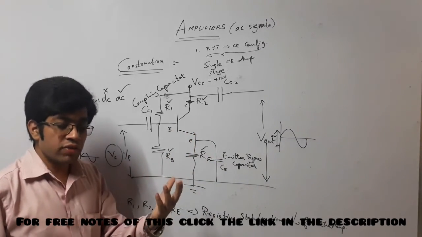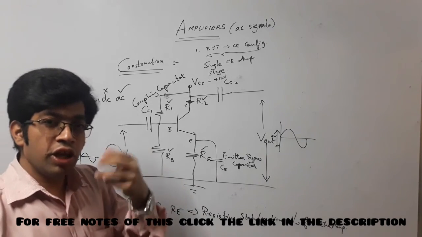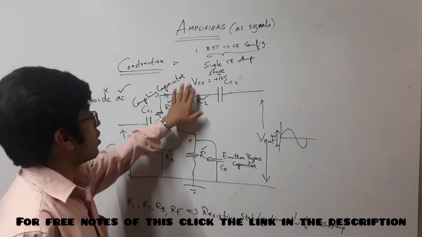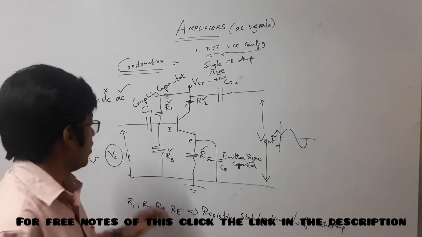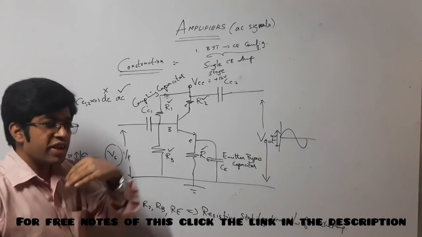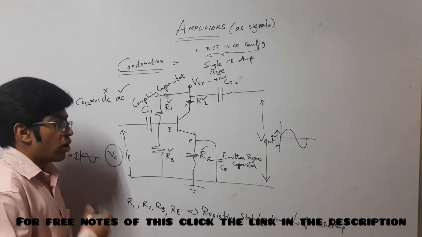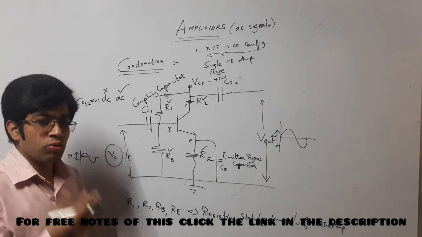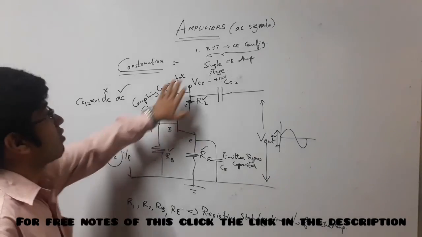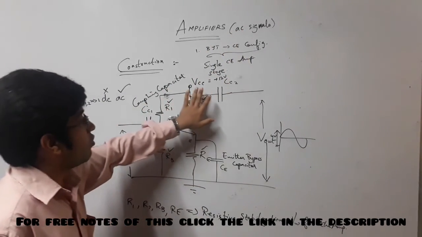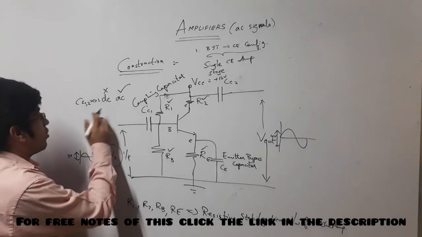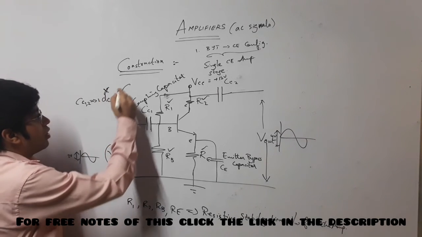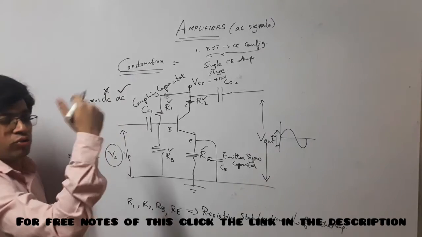In a similar way, we can say that what we eat to gain energy is our VCC, and what I am speaking to you while delivering the lecture is our VS. So this gets amplified. Whatever signal I am speaking to you, in a similar way the amplifier works on the AC signal. So don't get confused between VCC and VS. These coupling capacitors block the DC and allow only the AC components to come.